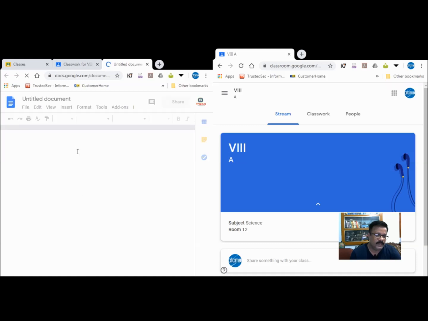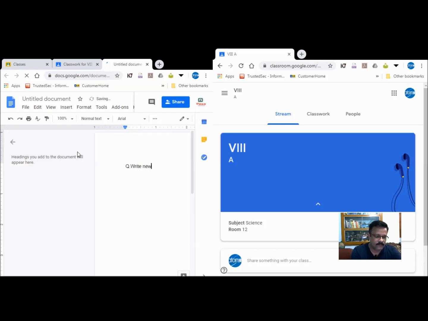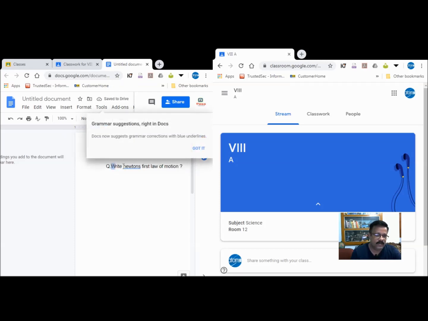Now see, a document is there. The teacher will simply write some questions. Write Newton's first law of motion.